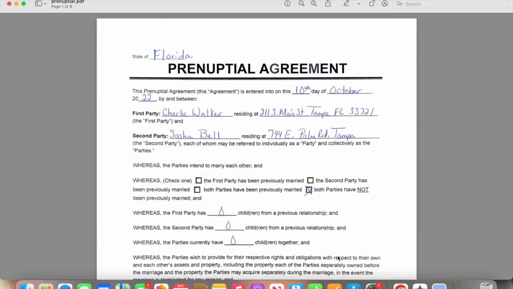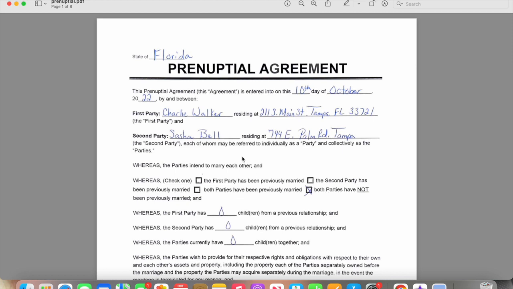Today we're gonna be discussing a prenuptial agreement. This is not the only prenuptial agreement you will see. There are many different kinds of prenups. Basically, most of them are drawn up by an attorney. Because, to be honest with you, if you don't have the finances to get this drawn up by an attorney, you probably don't need a prenup, right? Either way,